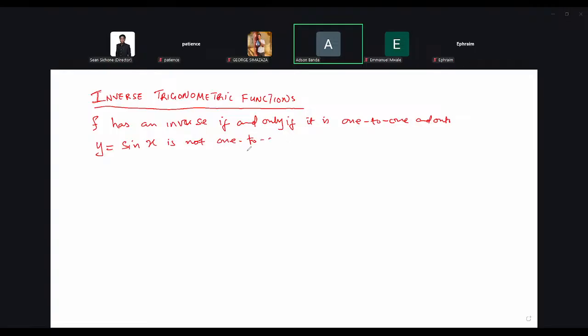Now, for us to be able to do this, we restrict the domain. So let's restrict the domain to the interval minus pi over 2 to pi over 2. So that's what we are going to do in order for us to be able to define the inverse of